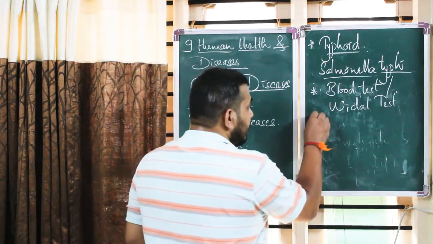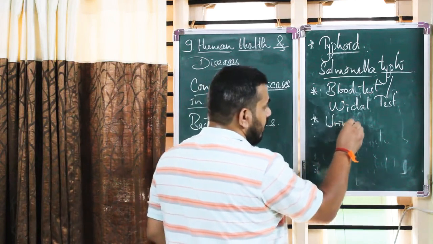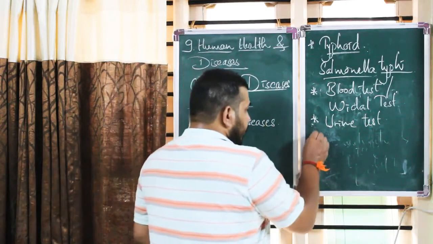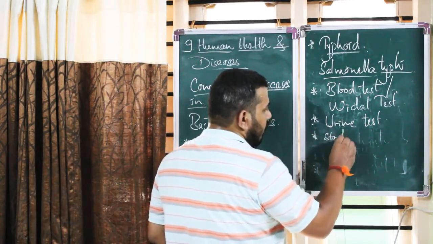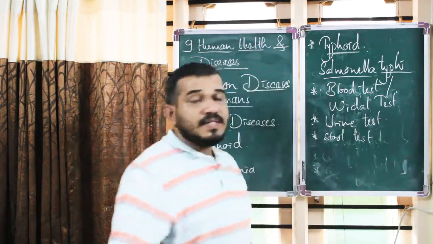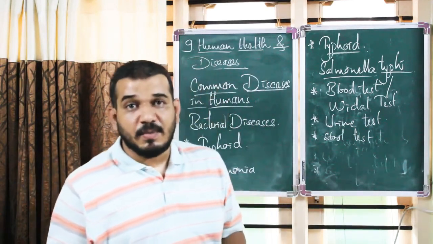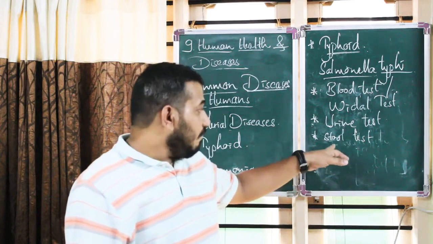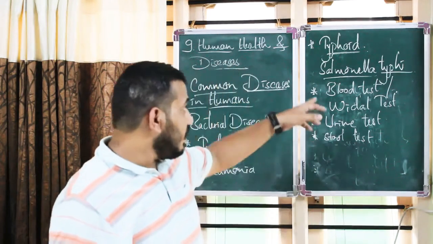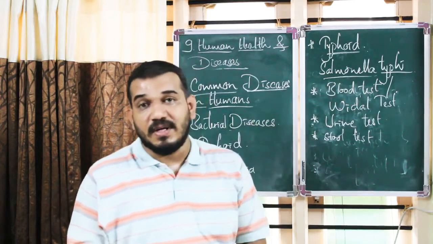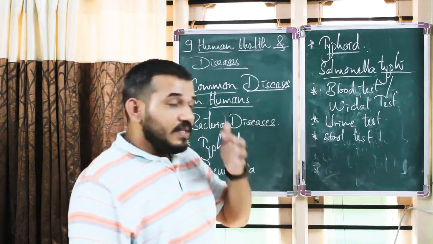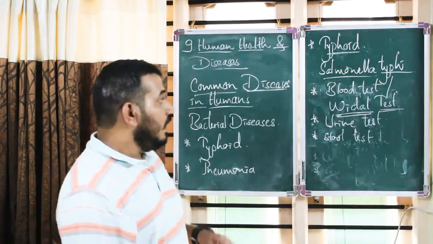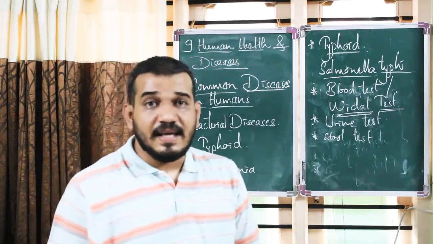Now another test is the urine test or stool test. Since typhoid is spread to different parts of the body through the intestine, it may also come into our feces or fecal matter, and our stool test can also give us a confirmation about the development of these bacteria in the small intestine. So these are the confirmatory tests. Now the important question that may be asked in the exam is this Widal test. Now here we need to remember one classic case of